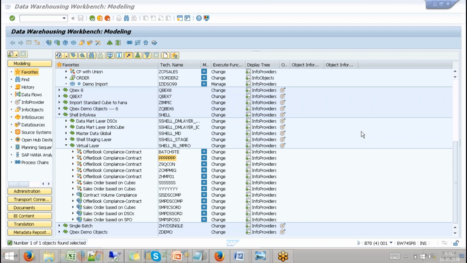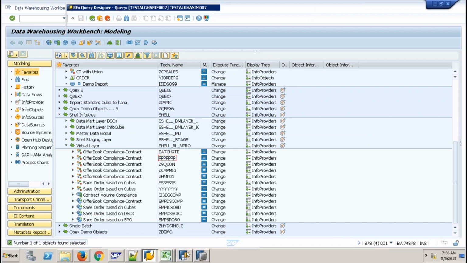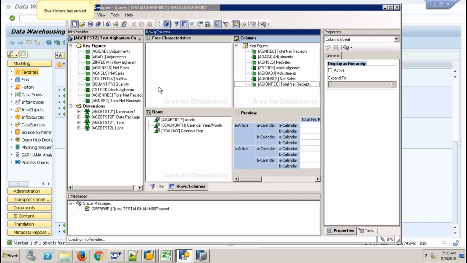What you're saying is you'll publish this DSO as a view and join those two tables and the view in the calculation view. And when you want to consume the calculation view again, we have options like transient provider or virtual cube, or again using OpenODS view, or again using composite provider, or we can export it directly also. If you look at 7.4 SP11, I can straight away create